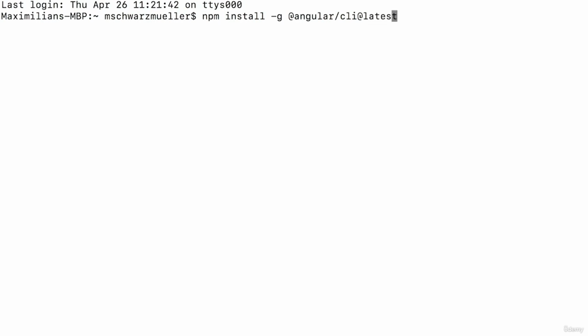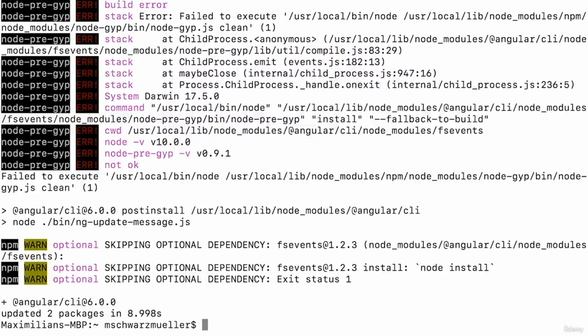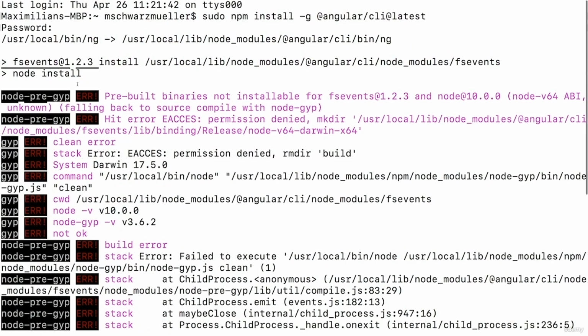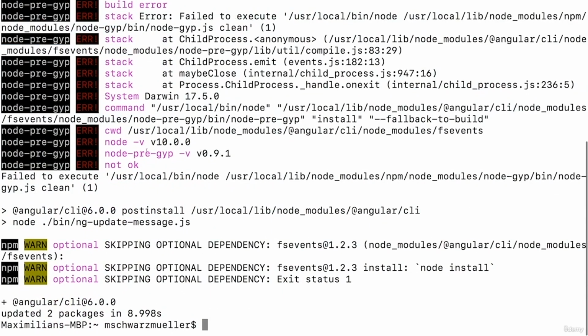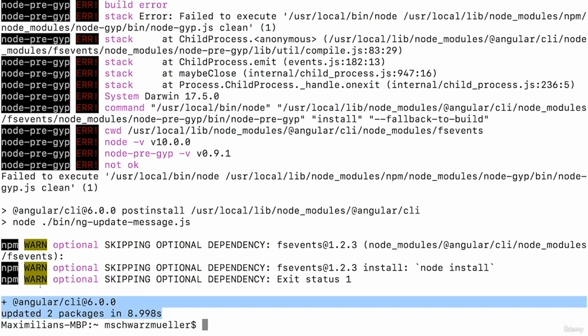Now on Windows, this should just work. On Mac or Linux, you probably need to add a sudo in front of this to give yourself the right permissions. Hit enter, and now I'm prompted to enter my password. You may or may not be. And once you confirmed everything, this should now download the Angular CLI from this Node Package Manager repository and install it on your machine. Now, as you can see, you might get some errors in between, like I'm getting here. You may ignore them